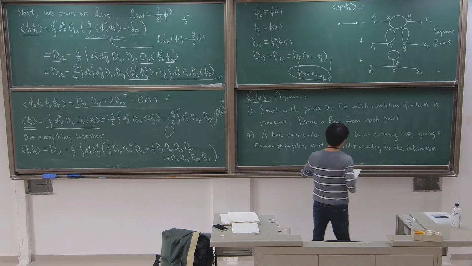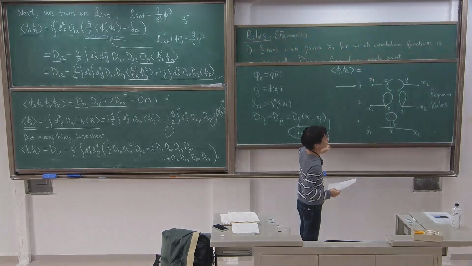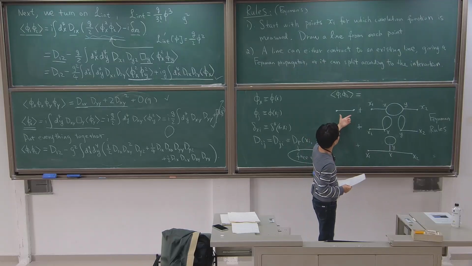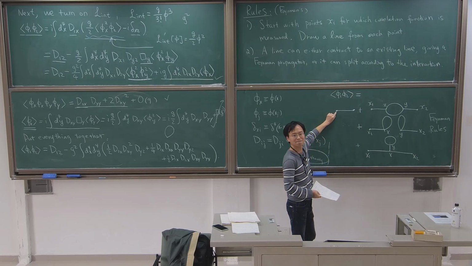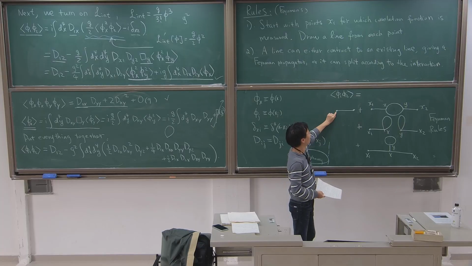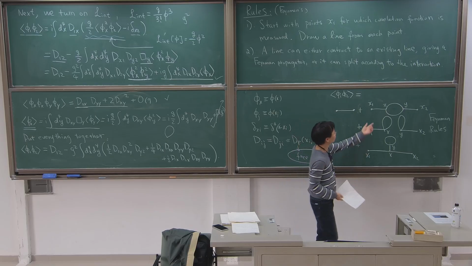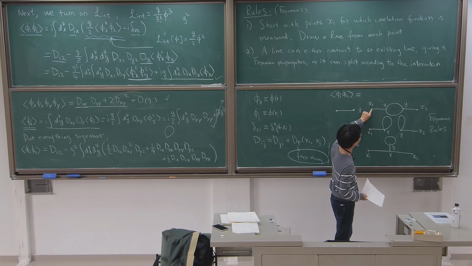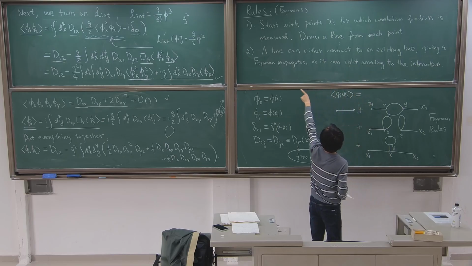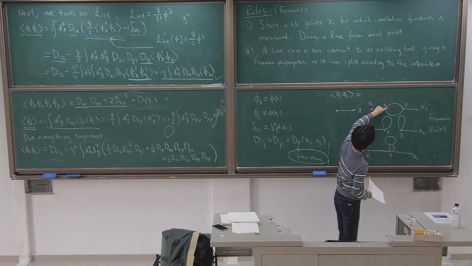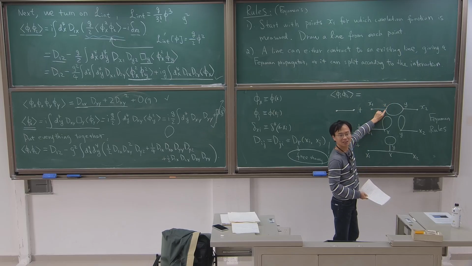So what does this mean? Let me explain according to the figure what this rule means. It just says that, starting from some lines, you start to draw. If there are some other lines, you can just contract them to form a propagator in this way, you see? This is just a simple propagator. Just contract or connect them together. It's fine. You can also split, meaning that you start from a line, but you can split at some point, you see? If the theory allows the interaction, for example,